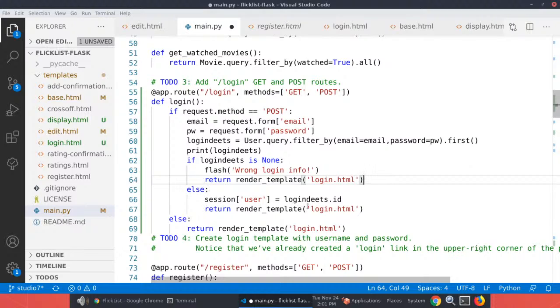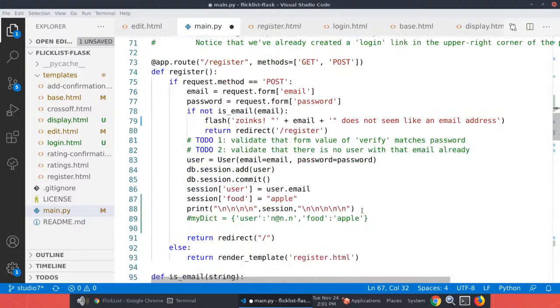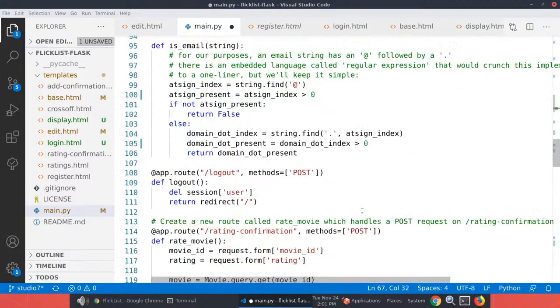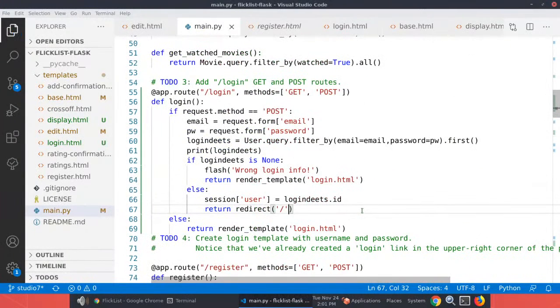And we want to redirect them to the home page. Redirect to slash. Make sure I'm doing a redirect right. Yes. Okay. So if they log in with the correct information, it should log them in now, because we're creating the session,